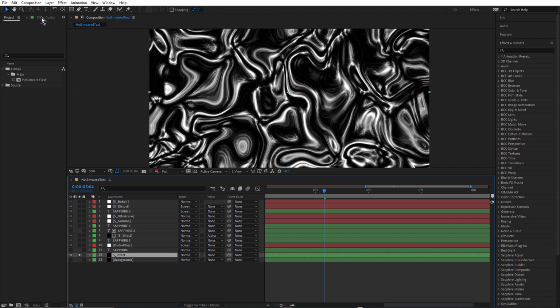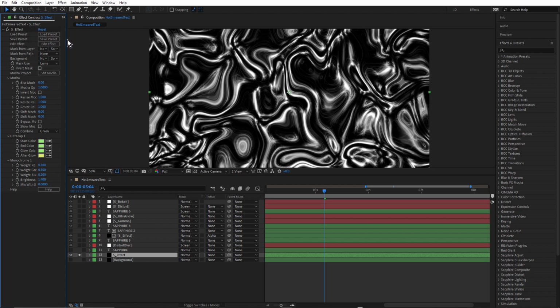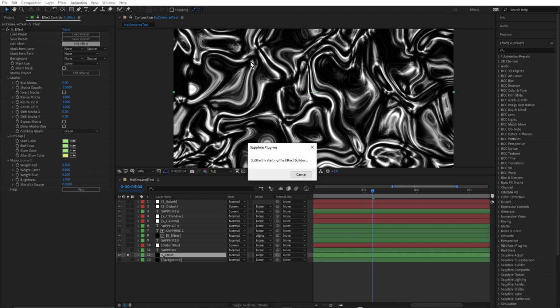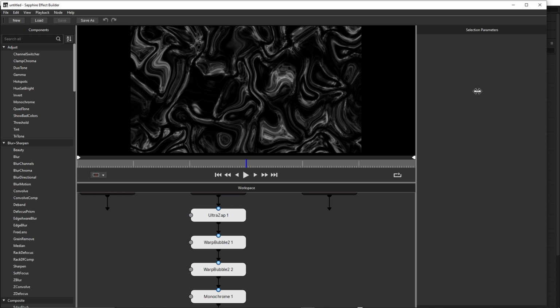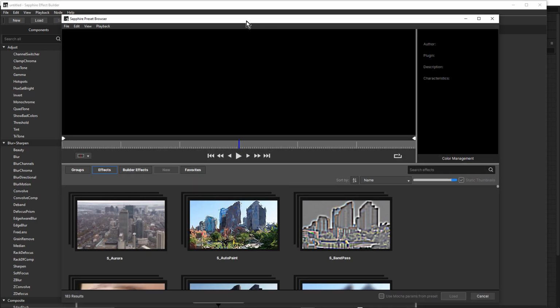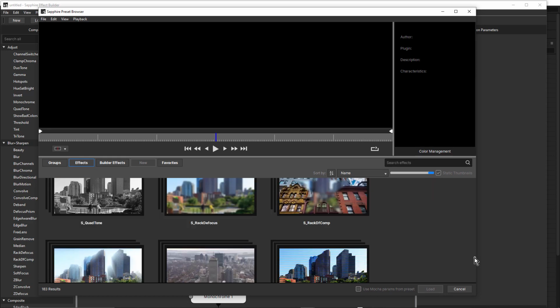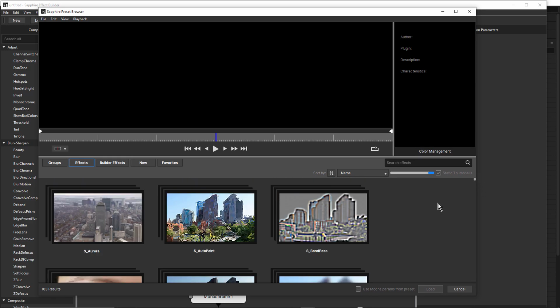So up in the Effect Controls panel, let's make myself a little bit more space here. I'm going to click on Edit Effect. Now if you're using Sapphire Effect, the Effect Builder is a really good place to start. And this is where I actually started building this look. The reason I use Sapphire Effect Builder to start is because I can access all of the Sapphire presets all in one place. If I come up here and choose Insert Node from Preset, that opens up the preset browser. And here I can preview all of the presets across all of the Sapphire effects in one place. That's really important because there are a lot of presets and they are a really good place to start.